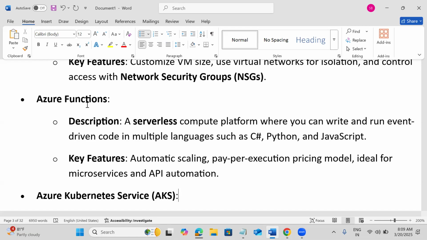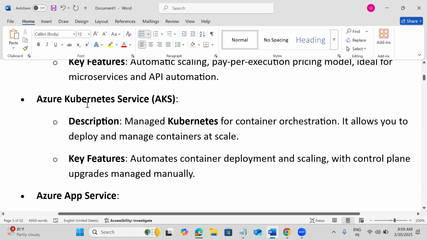Then the third method of deploying applications, we will use a Kubernetes kind of service. To deploy microservices or for container orchestration, we have Kubernetes. Kubernetes is also getting popular for microservice kind of deployments. So this is another method.